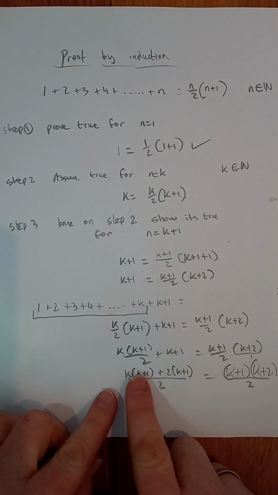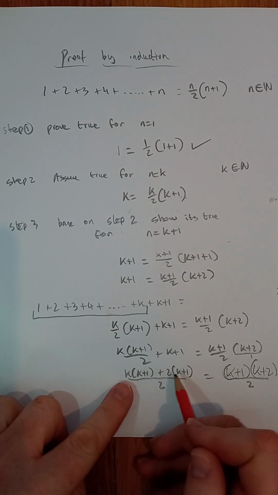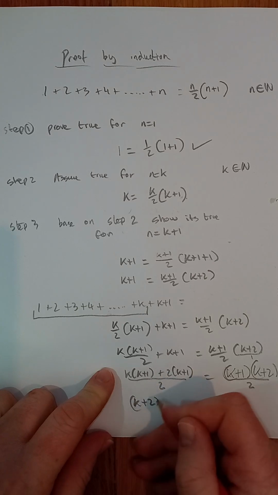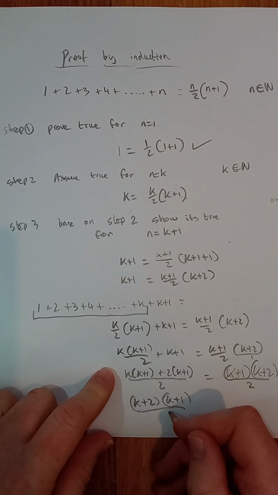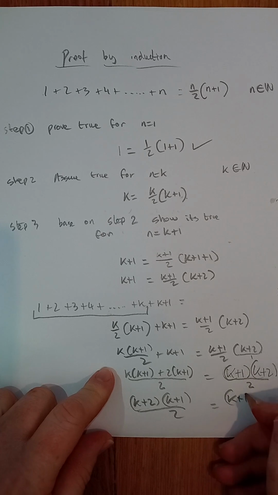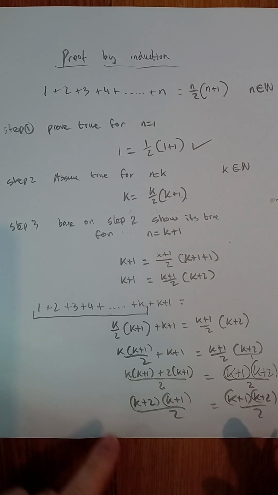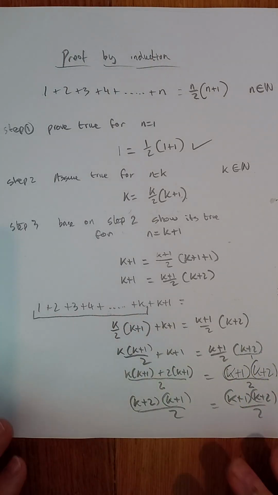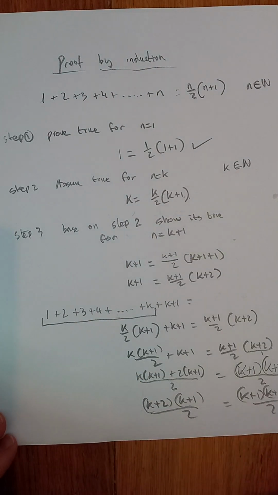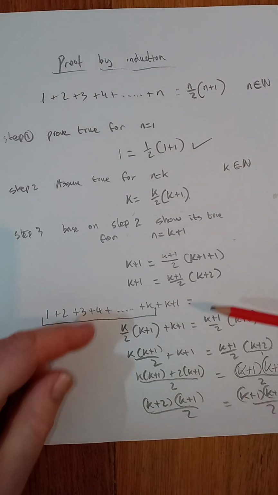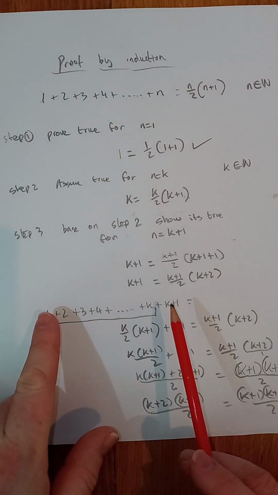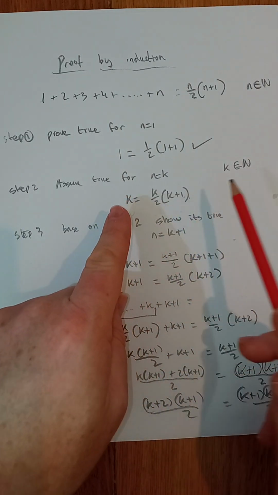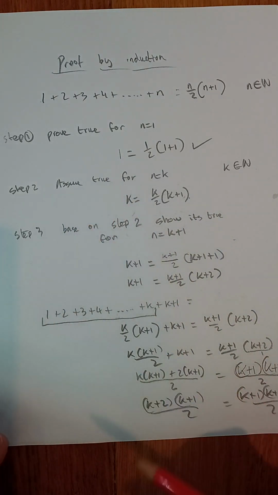They don't look the same, but I see grouping here. And if you remember from junior cert, you can just take the outside factors, take the inside factors, and they're the same. So, what does that mean? Well, this is how you finish it off. If you've proved that the two of them are the same, in other words, if you've proved that the k plus 1 version is the same as the k version plus k plus 1, then what you're saying,